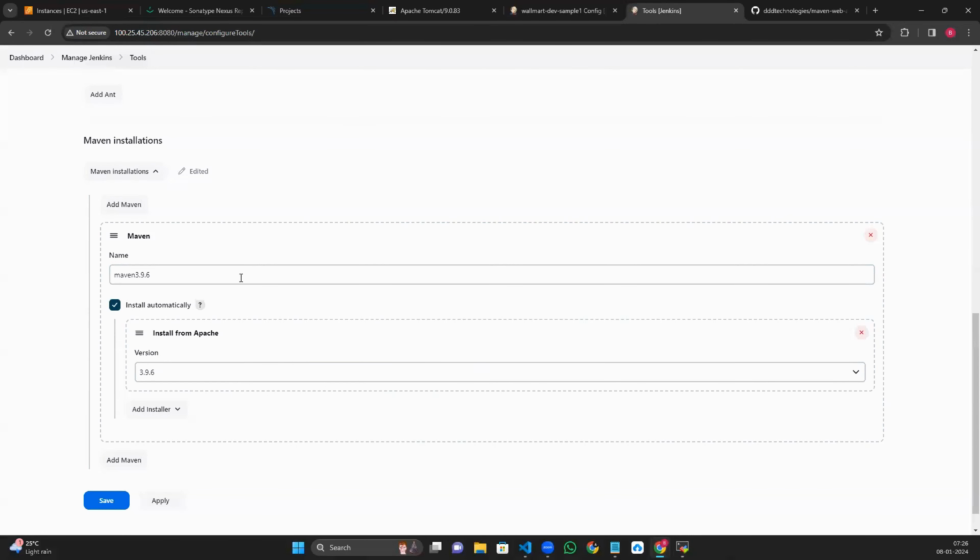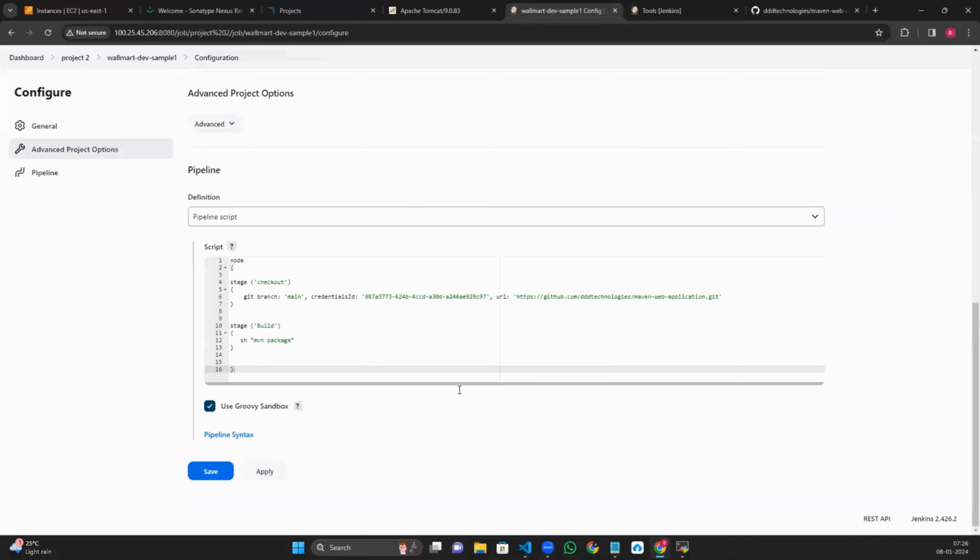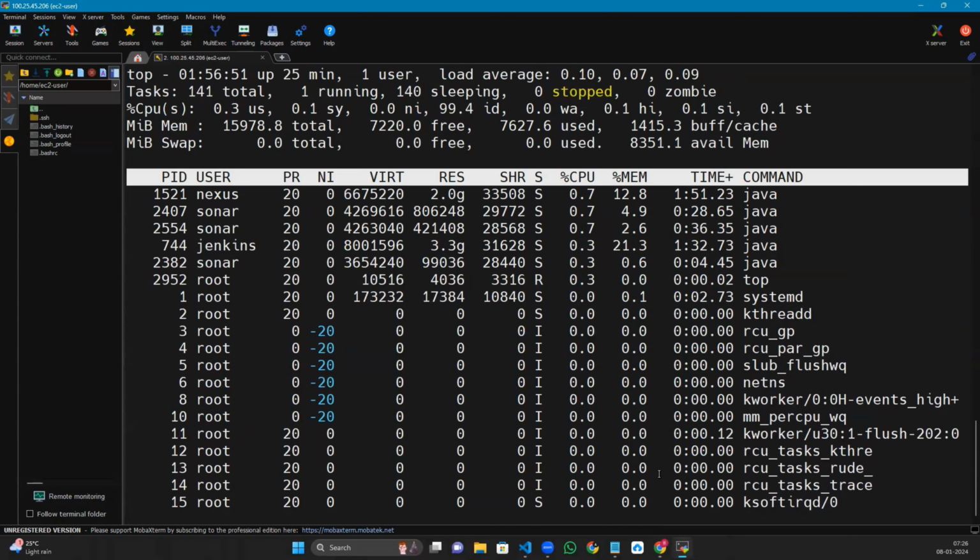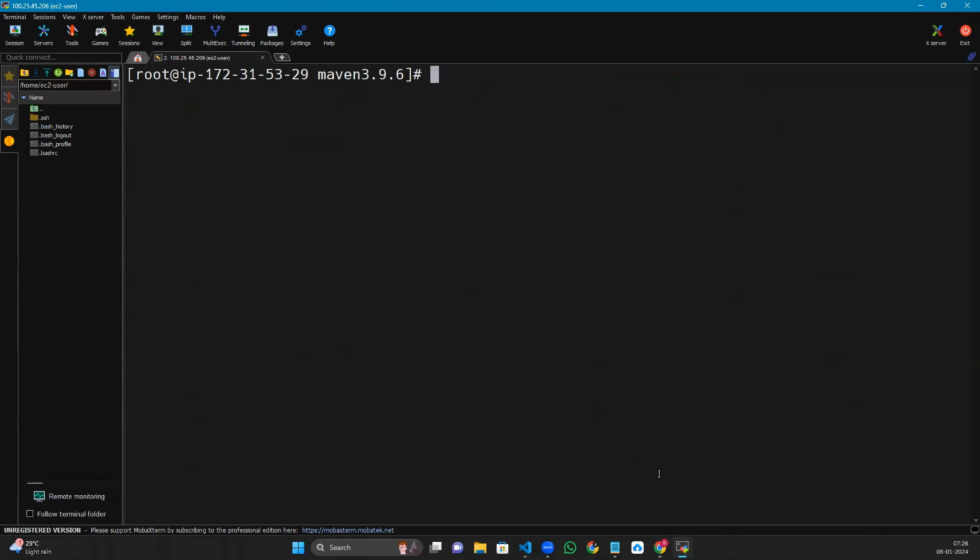How are we going to mention this maven in our pipeline? Previously in the freestyle project, we just made changes in the configuration and it worked. But in the pipeline, how we are going to add it is